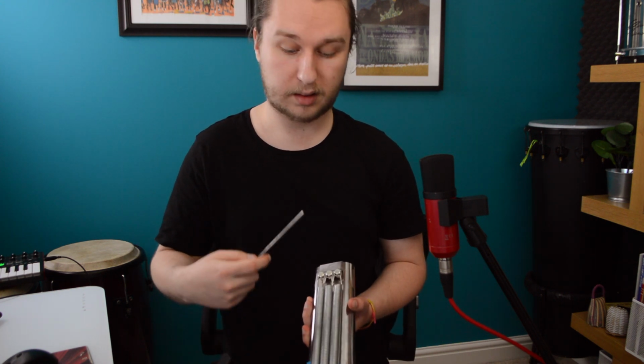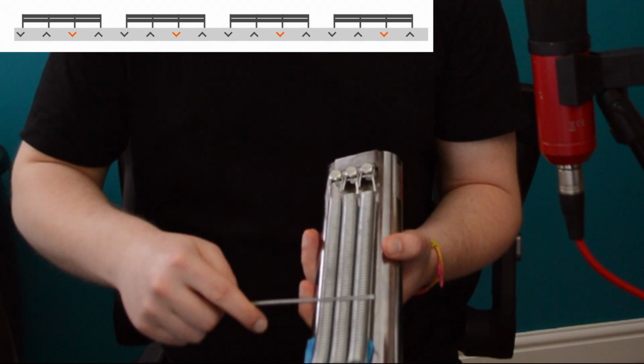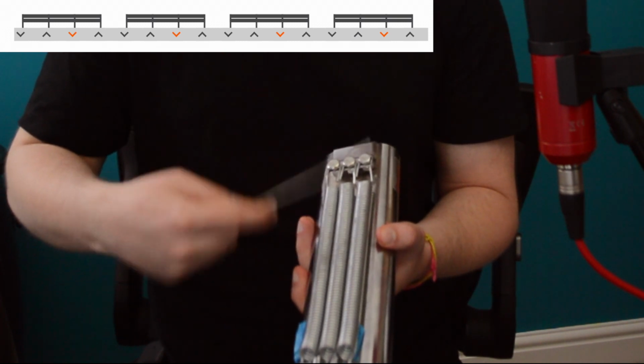1 E and 2 E and 3 E and 4 E and. But instead of accenting the 1 and the, we're going to be accenting the and. So that'll be our second downstroke in a group of 4. 1, 2, 3, 4,